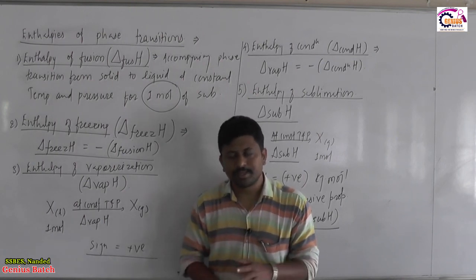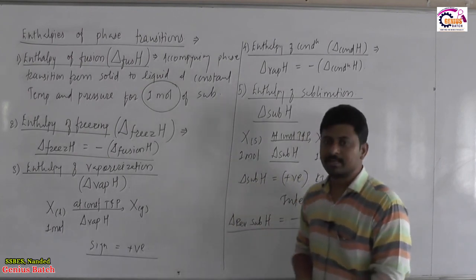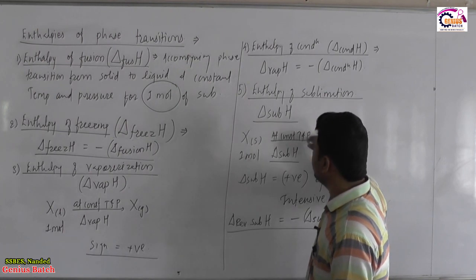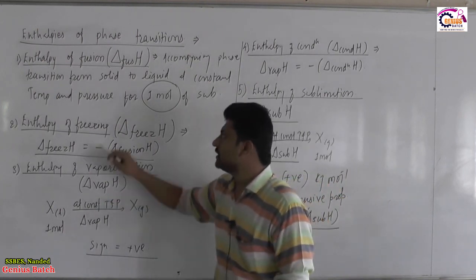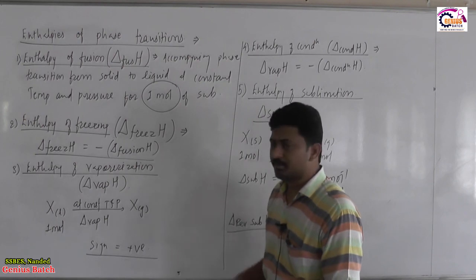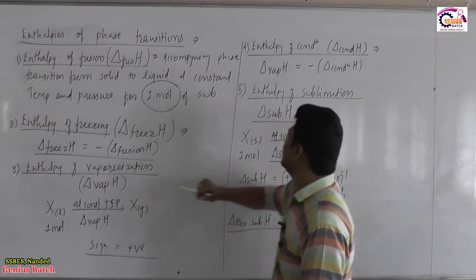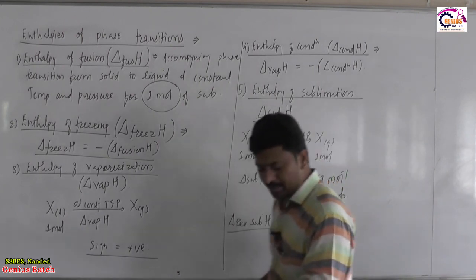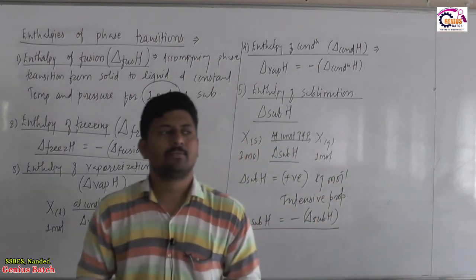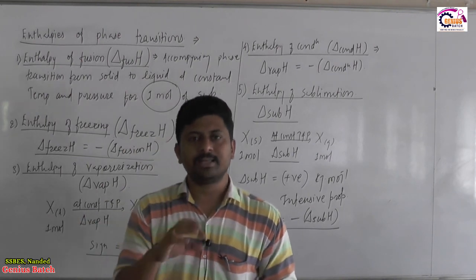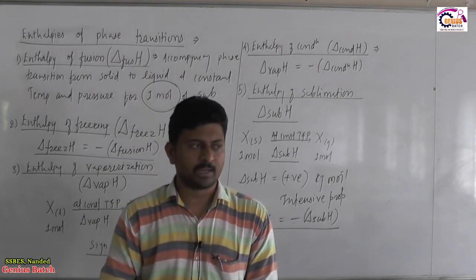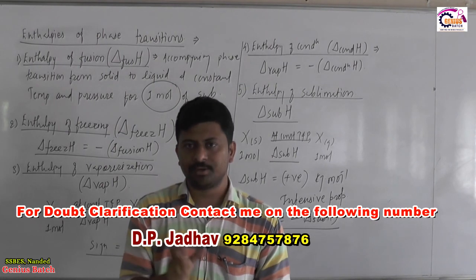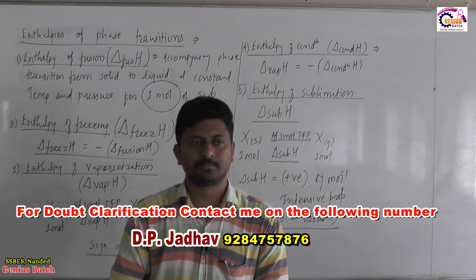Clear with it? So, make it clear, whenever we consider a phase transition, it should be conducted at a constant temperature and pressure. Everywhere we mentioned it, constant temperature and pressure. For the first one again we mentioned constant temperature and pressure. Here again mentioned with constant temperature and pressure. Whenever a phase transition is conducted at constant temperature and pressure, then it becomes a standard phase transition, and whenever it is standard, then it should be an intensive property defined for a fixed 1 mole of that substance.